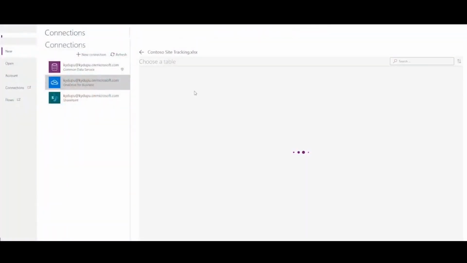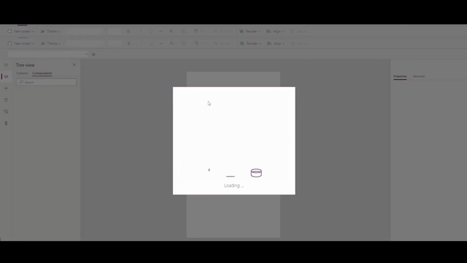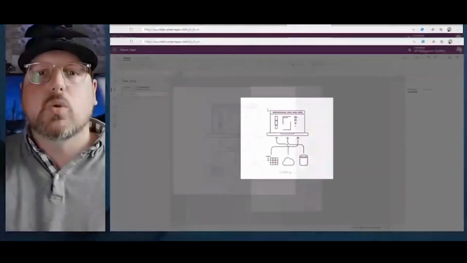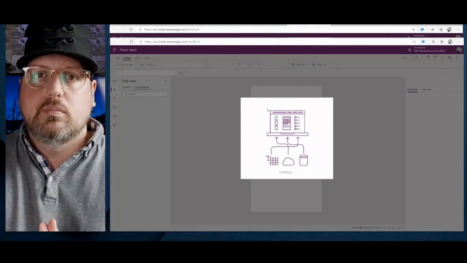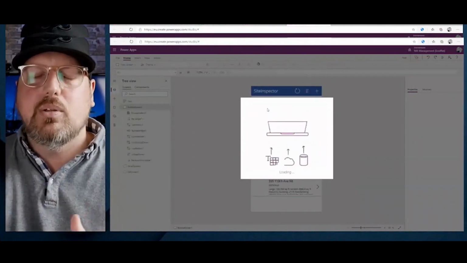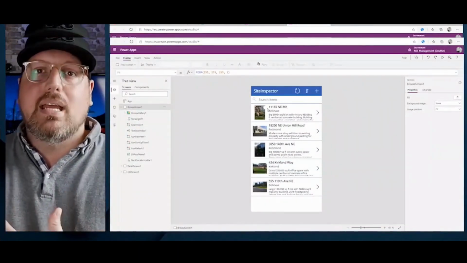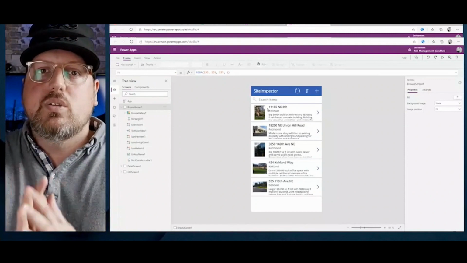So let's select that Excel spreadsheet. And I have a table in there that's called Site Inspector. And I just need to navigate to the bottom here to the Connect section to connect to it. And now Power Apps will interpret the data and give me a first 3-screen app that I can work with. And those 3-screen apps are usually the kind of app that so many people can use. And the different components of those apps can then be expanded to make these use cases more tailored to my